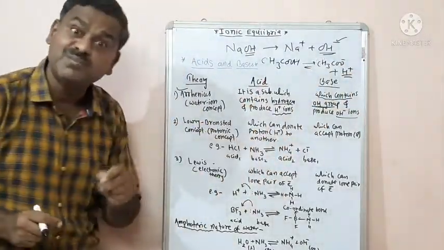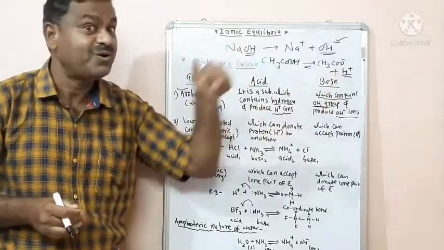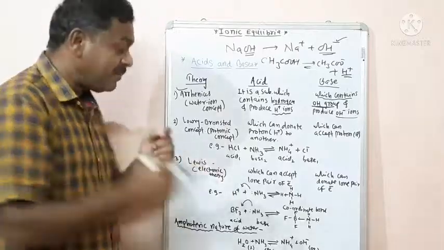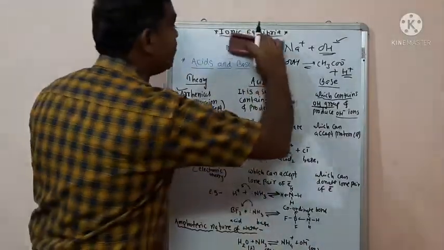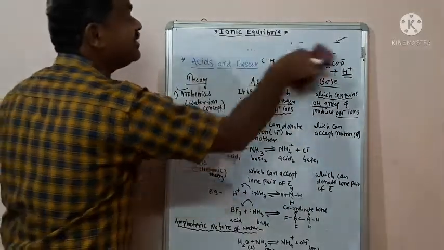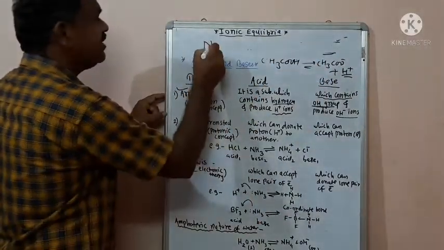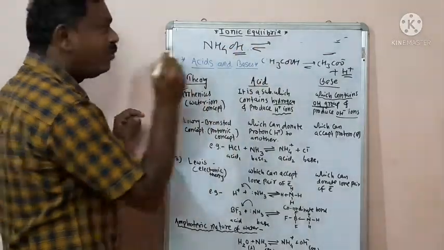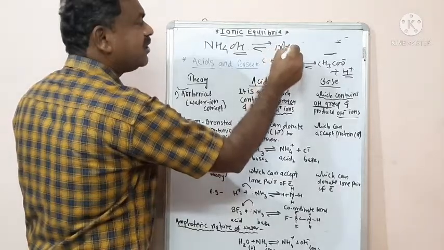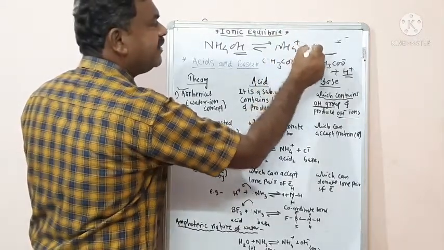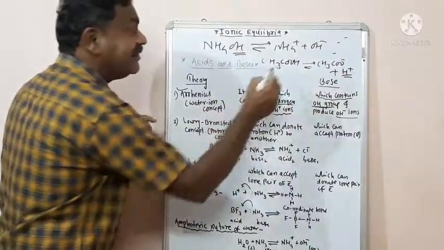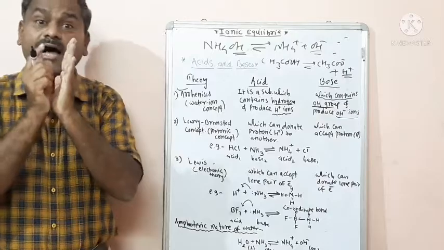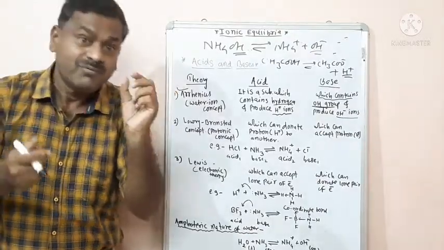That H plus ion is important because it produces the hydrogen, according to the Arrhenius theory. Now, another base is ammonium hydroxide. Ammonium hydroxide is also one example of a base. It contains the hydroxyl group, the OH group, and produces NH4 plus and hydroxyl ions. That is the definition of a base according to the Arrhenius theory,